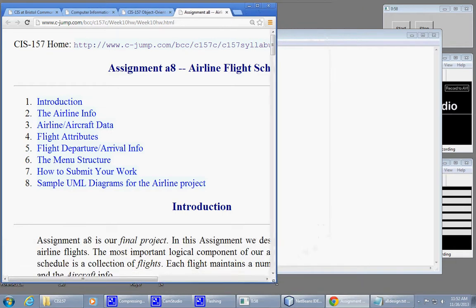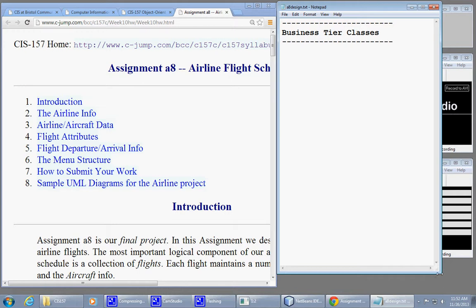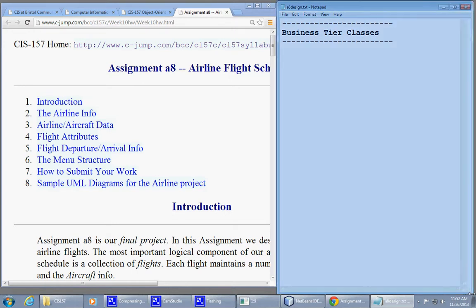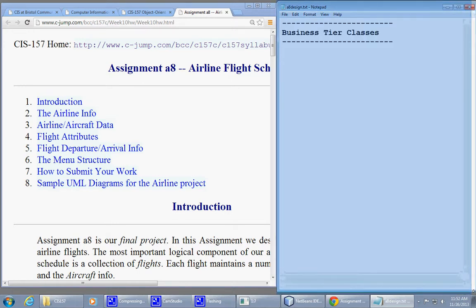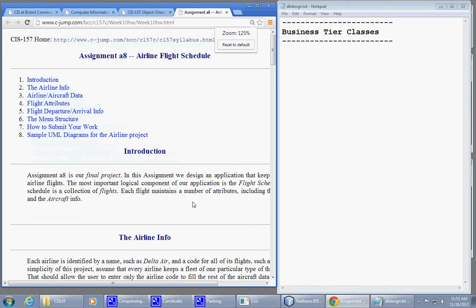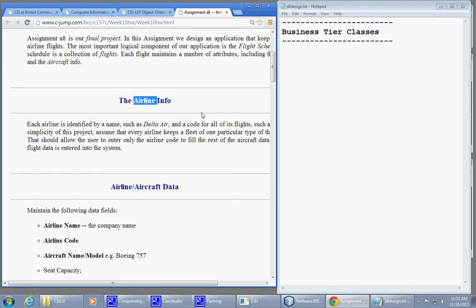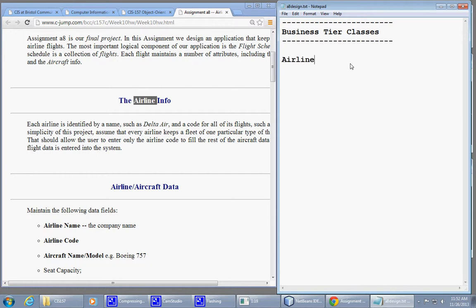it's much more convenient if we could arrange maybe this whole thing on two screens. Since we don't have two screens, let's just try this one screen here and see if we can work with this. The airline, clearly this needs to be a class, right? So airline is a class,